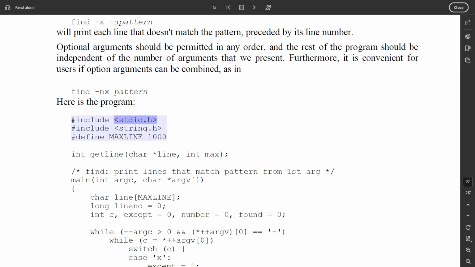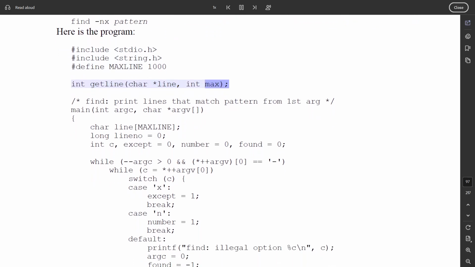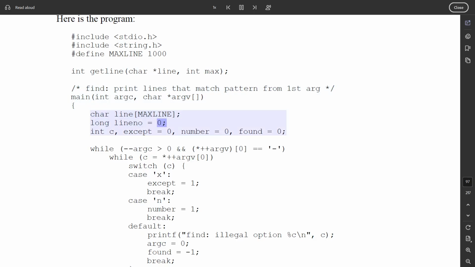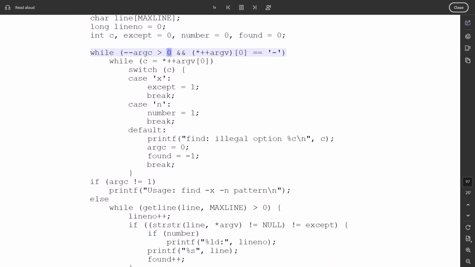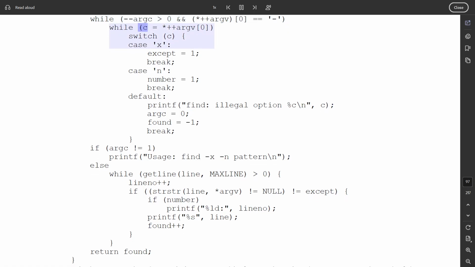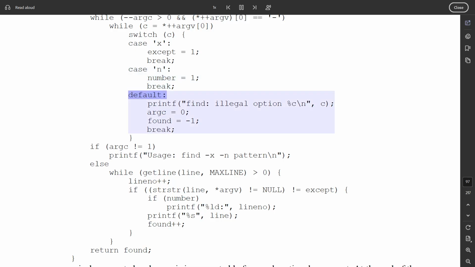#include <stdio.h> #include <string.h> #define MAXLINE 1000 int getline(char *line, int max); /* find: print lines that match pattern from first arg */ main(int argc, char *argv[]) { char line[MAXLINE]; long lineno = 0; int c, except = 0, number = 0, found = 0; while (--argc > 0 && (*++argv)[0] == '-') while (c = *++argv[0]) switch (c) { case 'x': except = 1; break; case 'n': number = 1; break; default: printf("find: illegal option %c\n", c); argc = 0; found = -1; break; }